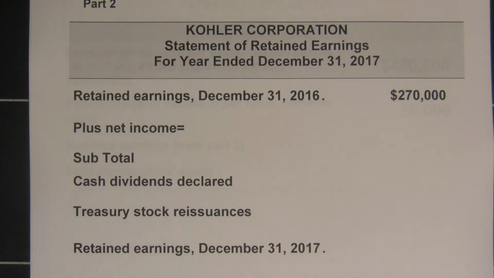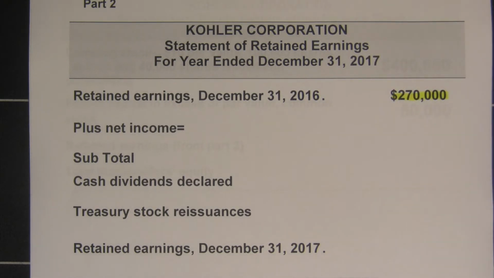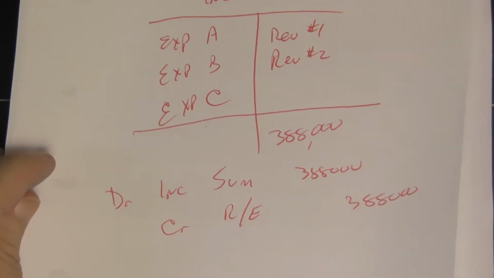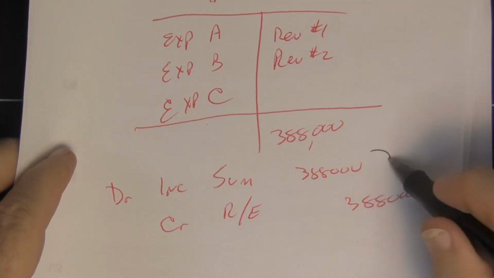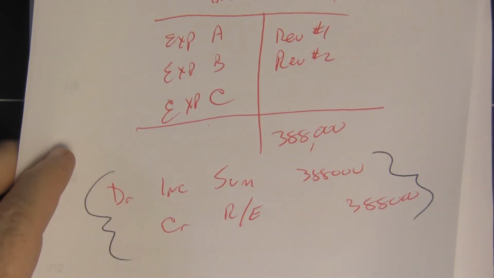11.2a, not surprisingly, picks up where 11.2a Part 1 ended, which was preparing a statement of retained earnings. The $270,000, the beginning balance, is given to us in the information from the text. That's where that number comes from. So check your text, make sure you see where that number came from. Then, if you remember, the last transaction we did was this one, where we closed income summary to retained earnings,